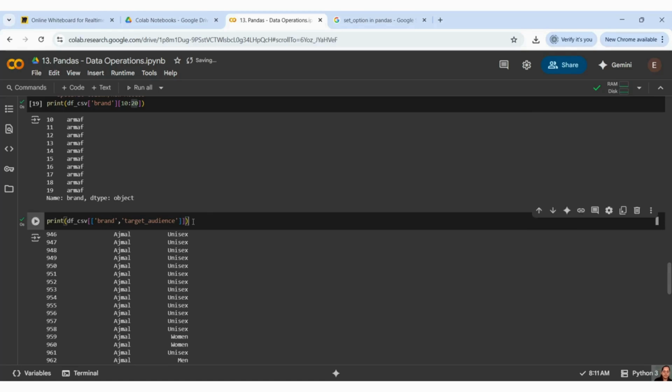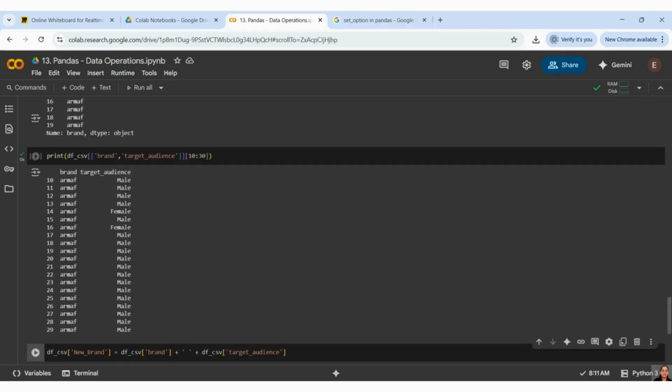Again, let me give some values here. I want to show from the 10th row to the 29th or 30th row. This is slicing, right? So you can see this is how you can do it. What does this mean, guys?